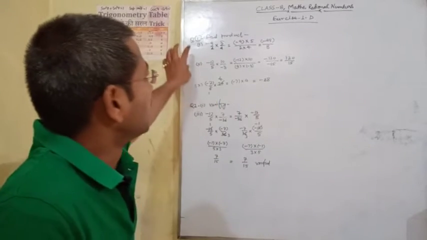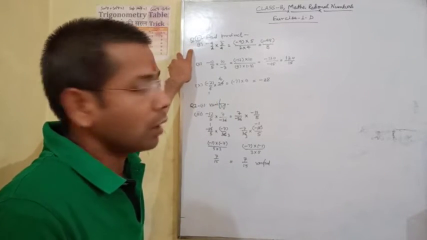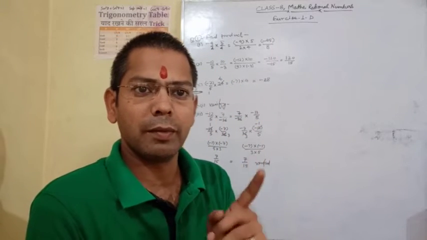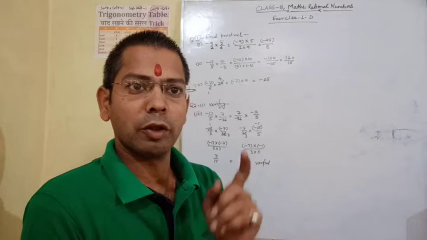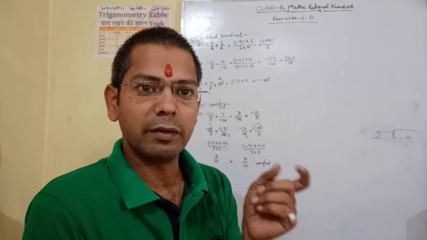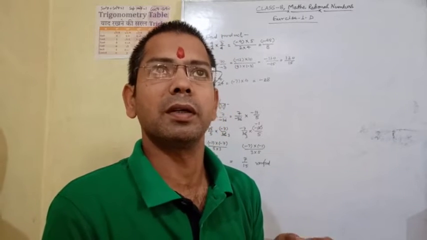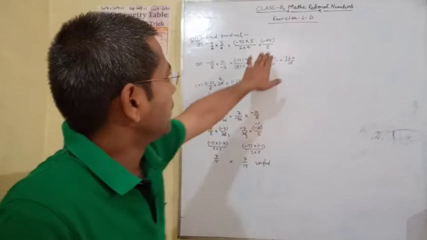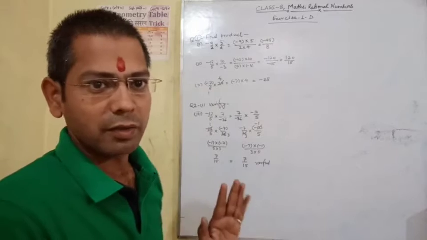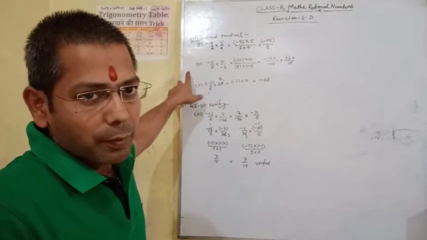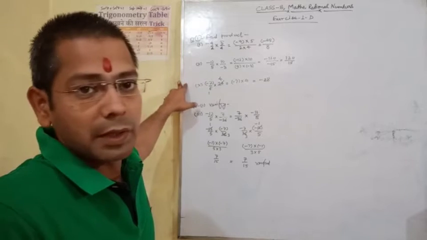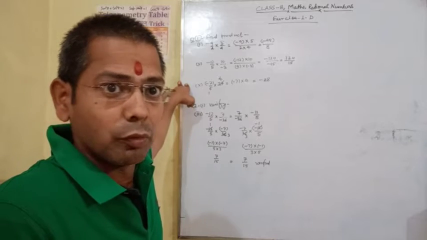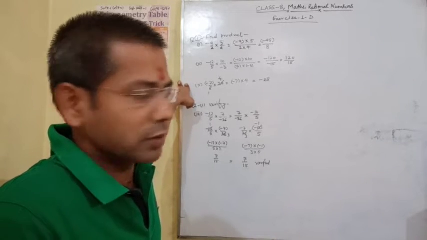The first question tells us to find the product of the given numbers. Here two rational numbers are given to multiply. When we multiply two rational numbers, we have to remember the numerator will multiply with the numerator and the denominator of the first rational number will multiply with the denominator of the second rational number, and the result will again be a rational number. In the same way, I have done the second, fifth, and tenth parts. There are 12 parts given in the first question. You have to do all the questions yourself.